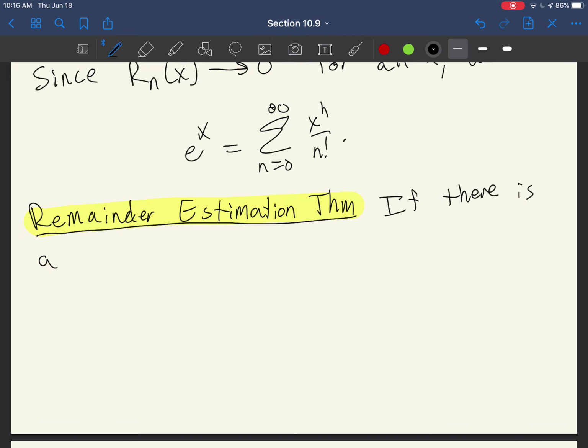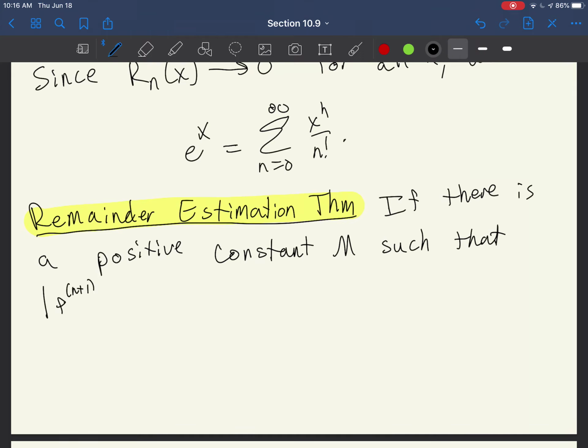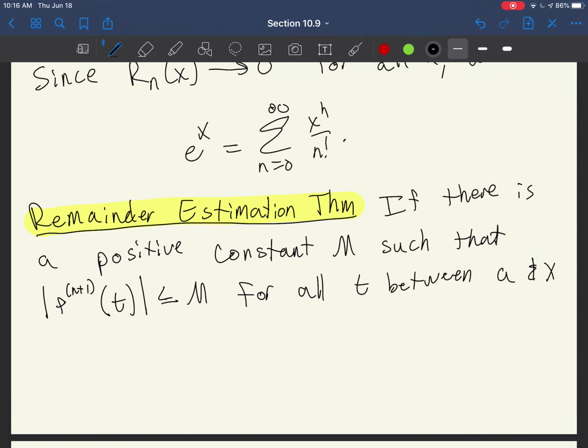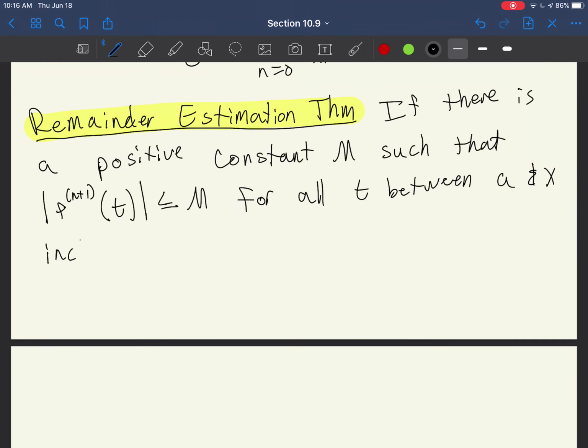So the remainder estimation theorem gives us a way to approximate this Rn of x more easily than having to break it up into 3 cases and going from there. So if there is a positive constant m such that the absolute value of the n plus first derivative of t is less than or equal to m for all t between a and x inclusive,